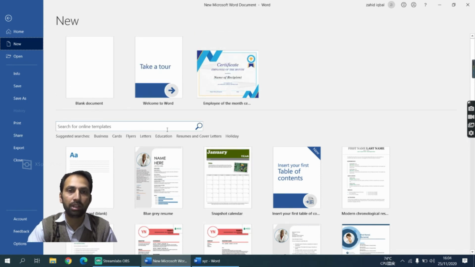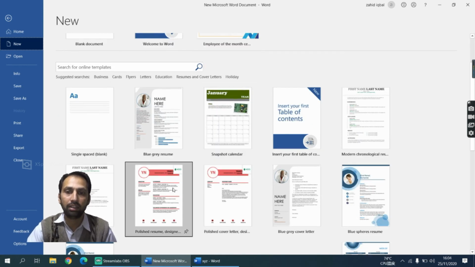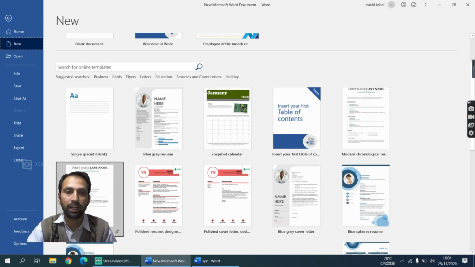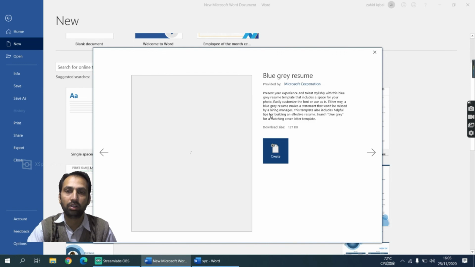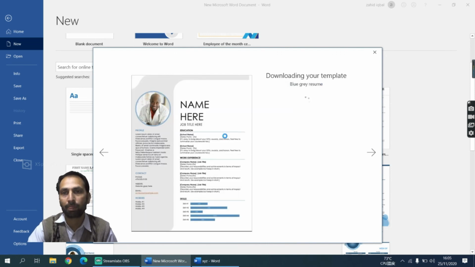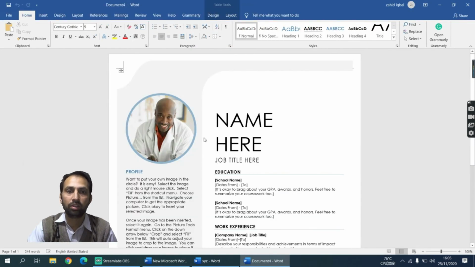But remember, you need a working internet connection to download from the internet. How can we choose? Just click on any desired template and then click on Create. So this is an easy way to create a template or download a template from the internet within the application.